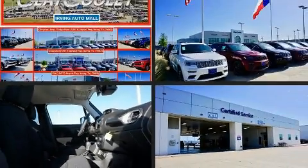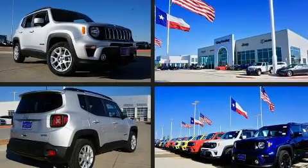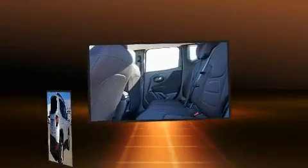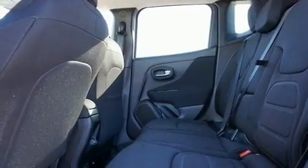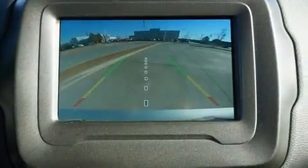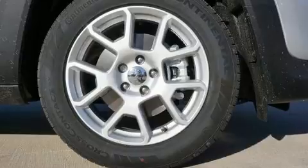Introducing the 2020 Jeep Renegade. Smooth gear shifts are achieved thanks to the 2.4-liter four-cylinder engine, providing a spirited yet composed ride and drive. Top features include a split folding rear seat, delay-off headlights, a tachometer, a trip computer, an outside temperature display, and